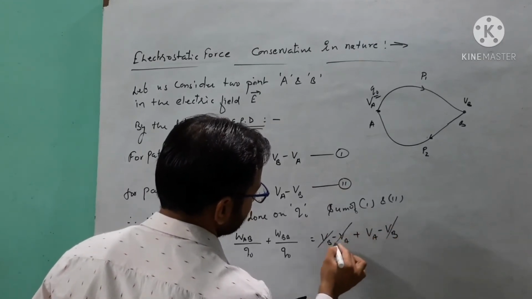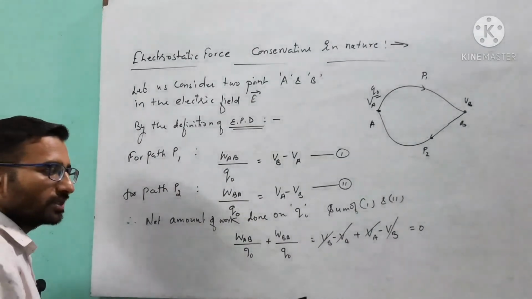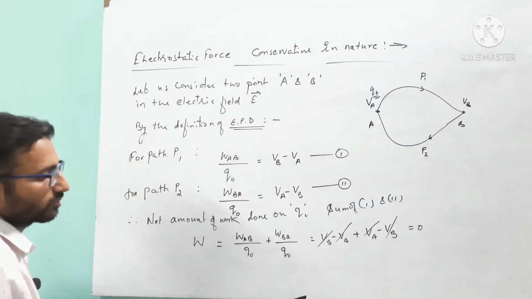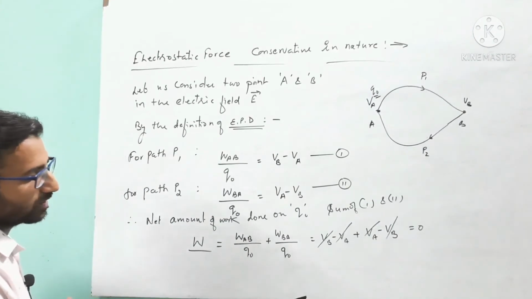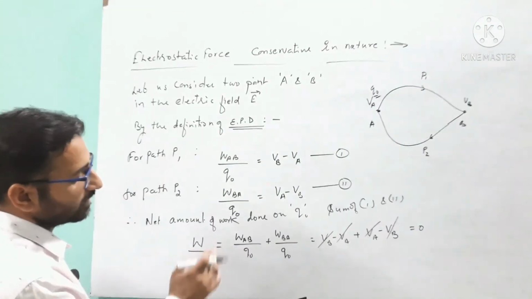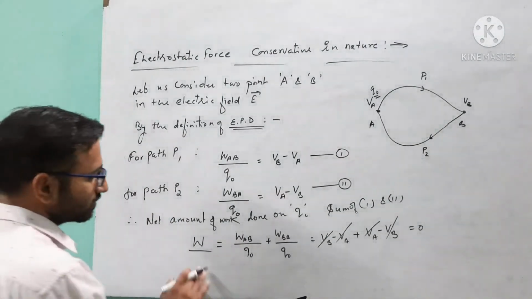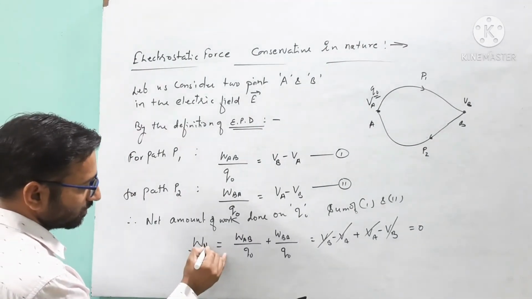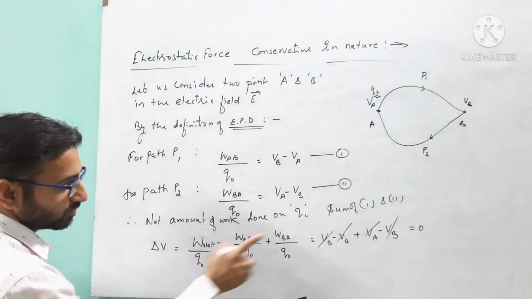So it will cancel out, it will also cancel out, gives us a value which is equal to 0. So this is our net force which is equal to W. Suppose the net amount of work done on charge Q means we are carrying here the net electrostatic potential difference. So the net electrostatic potential difference, suppose, is equal to 0.